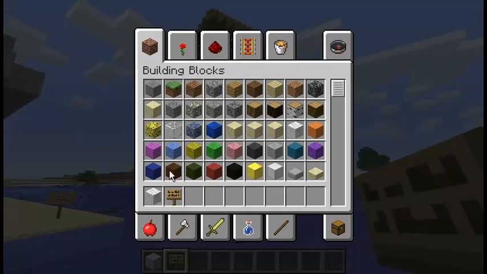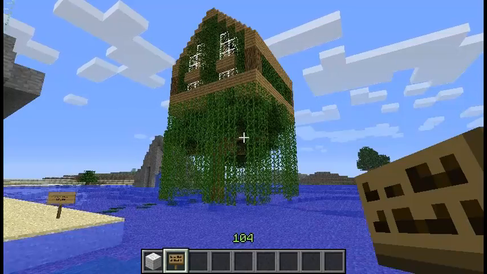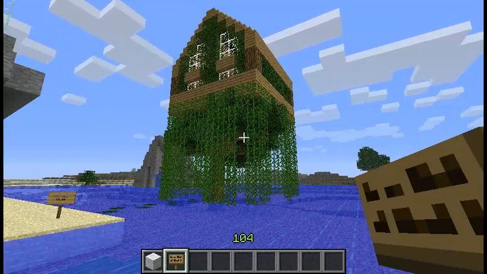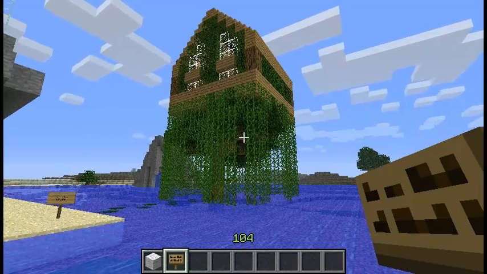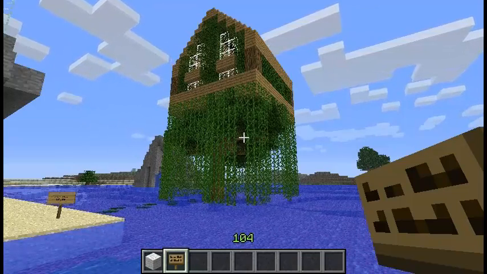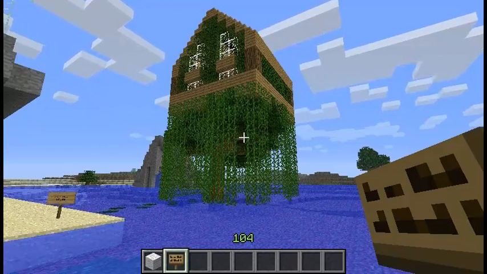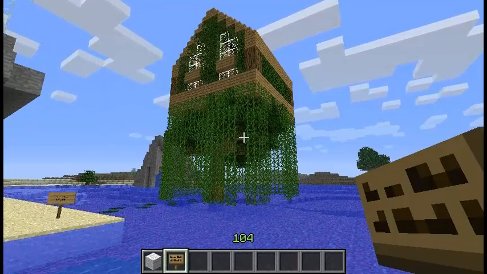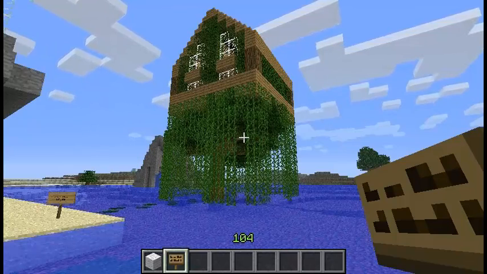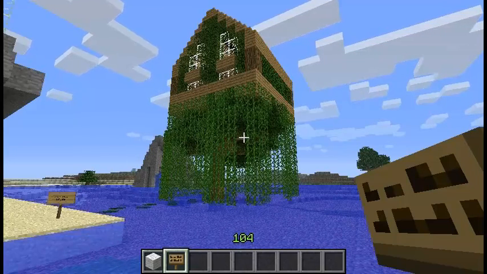And you should do this too. I can't show you what I'm seeing on Google because I'm recording Minecraft. So just go into Google and type in treehouse and look at what's there and compare that with this. For the most part, you'll find that tree houses in the real world have the tree bigger than the house, at least taller than the house.